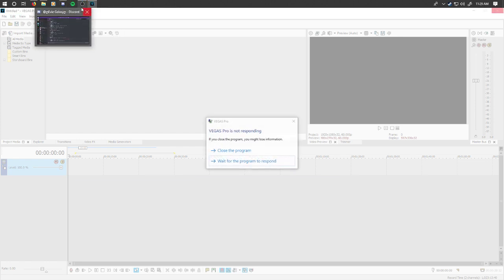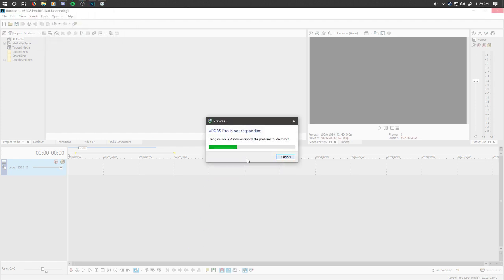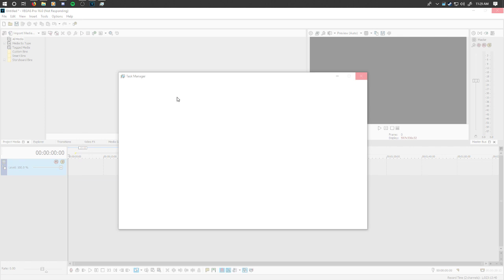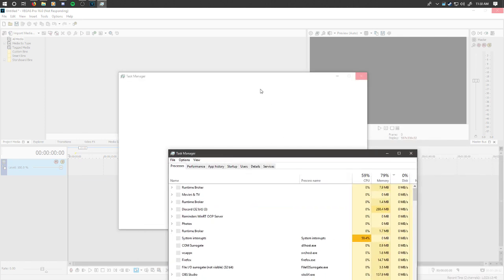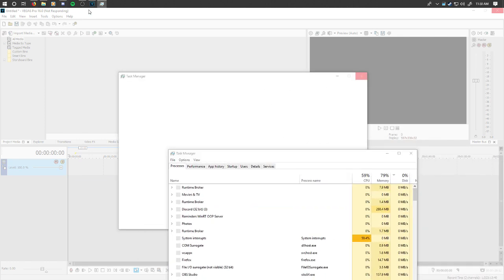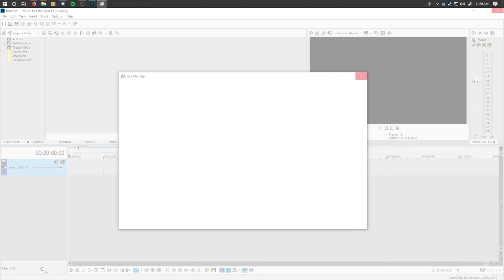Yeah, it's still... Oh wow, crash handlers. My entire computer basically just locked up.